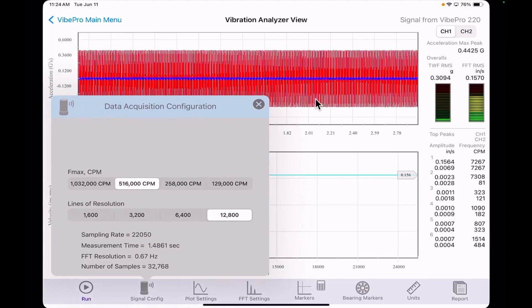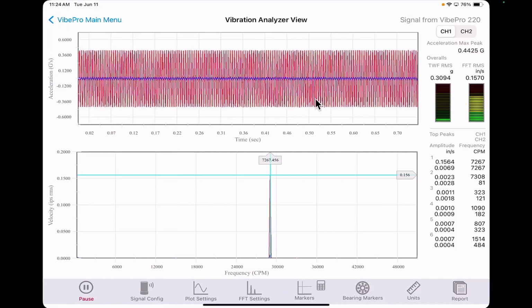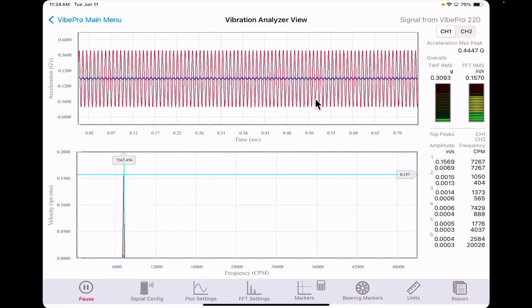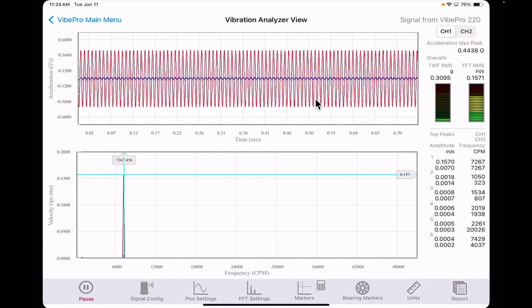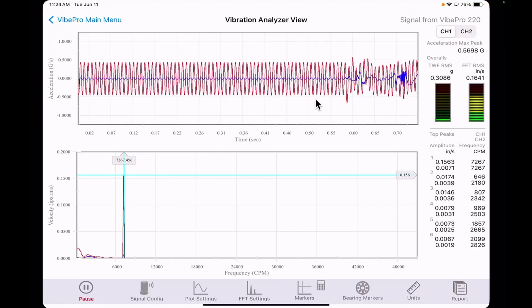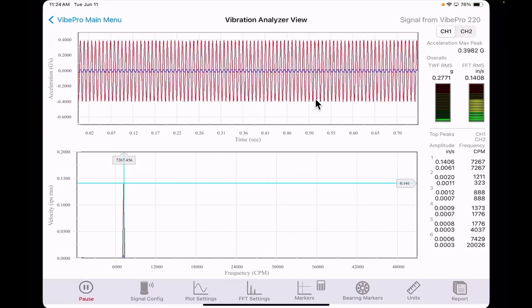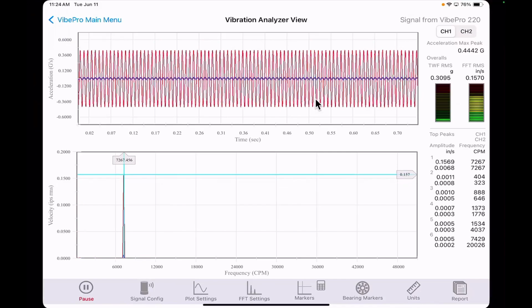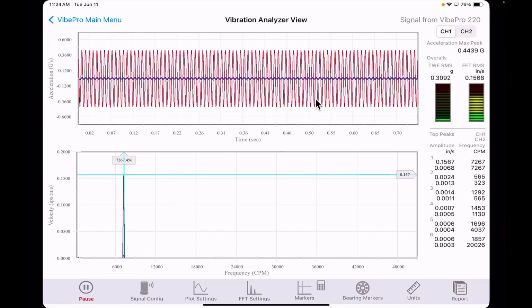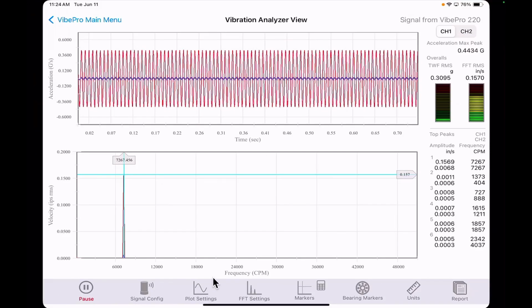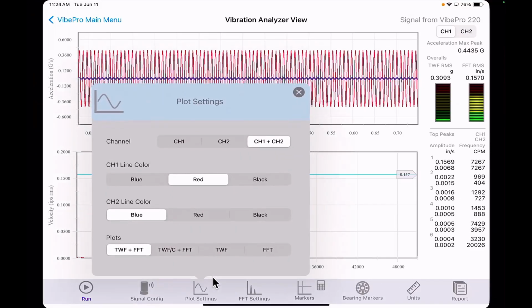But normally I run pretty much at 6,400 lines, which is a little bit better than 7, but about where we're running. And you can run in real time in live mode and see, if I tap on this, you'll see I just tapped on top of the shaker, and things that happen in real time I can see in real time. So now that we're past signal configuration, let's go into plot settings, which is just what the word